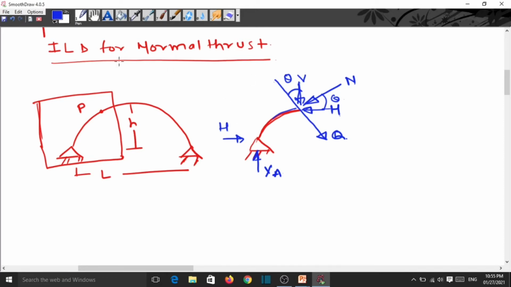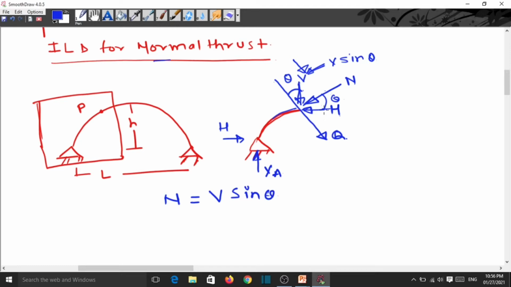First we write the equation of this normal thrust. That equation is N equals, now we are resolving this H and this V along the N. If you resolve this V along the N, there is one horizontal force and one vertical force. So this becomes V sin theta, and this direction and this direction are the same, that is why it's a plus. V sin theta,